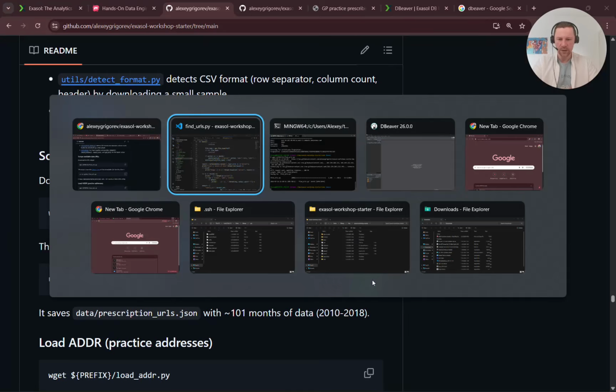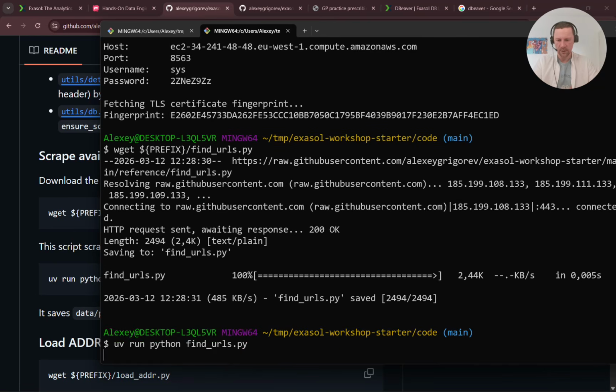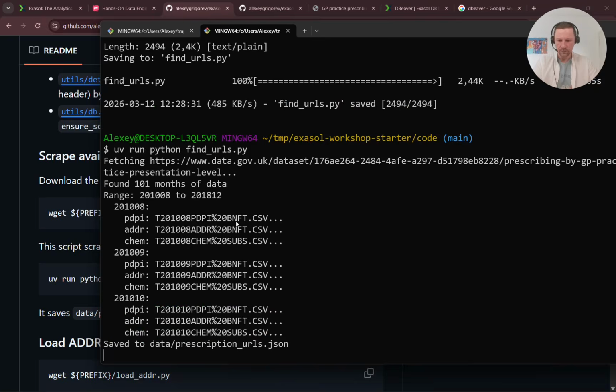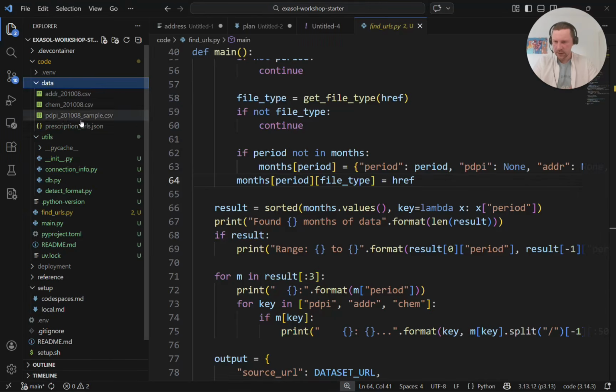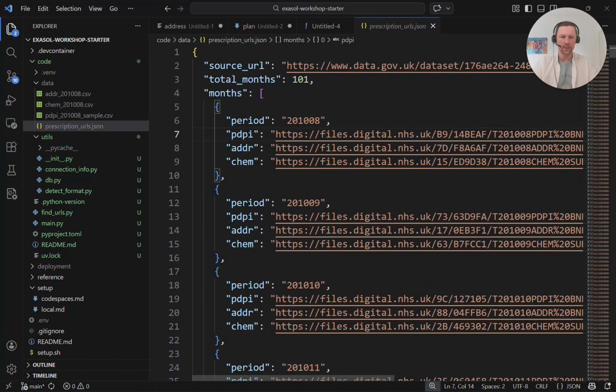Kestra is a workflow orchestrator. So it will let us not only have a good interface where we can see what exactly is happening, we can easily trigger these jobs, but also in case something